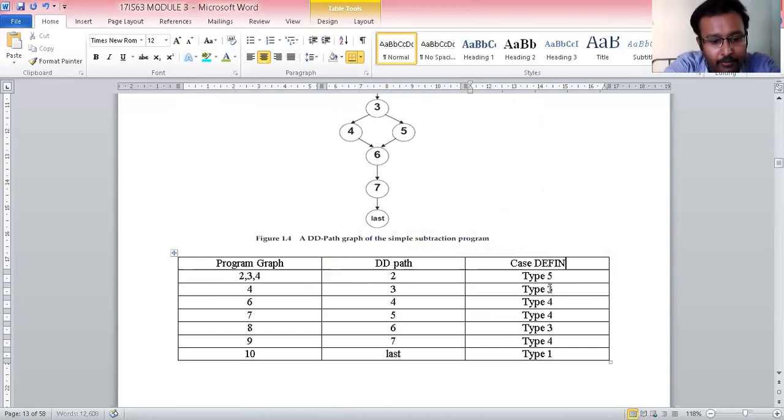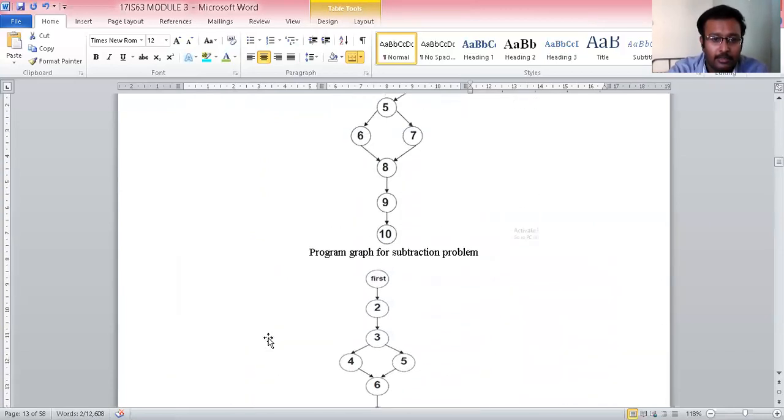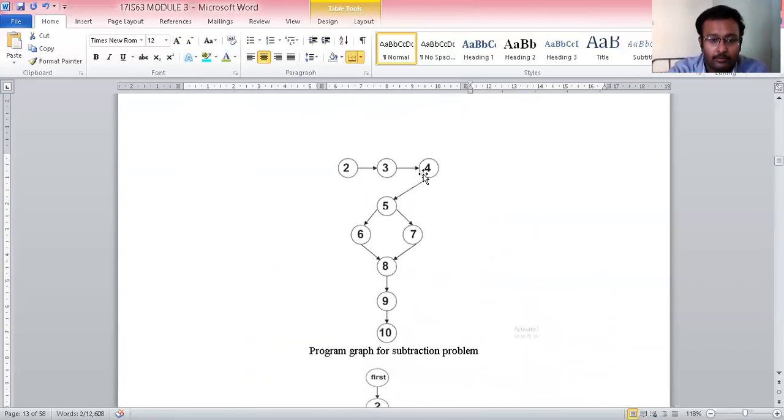So what type of nodes are they? The third column represents the case definition. From the program graph, the nodes 2, 3 and 4 form a chain of length greater than 1.